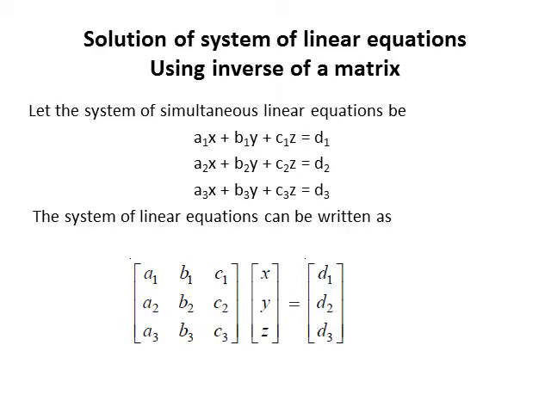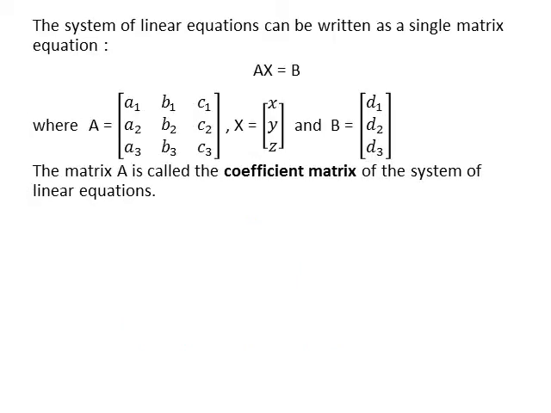Then equate the corresponding elements of left hand side and right hand side matrices. We obtain the above written system of linear equations. It means the system of linear equations can be written in the matrix form as shown. Now we denote this matrix equation as product of matrix A and matrix X equals to matrix B, where A is a square matrix of order 3 in which coefficients of x, y and z are written column wise.